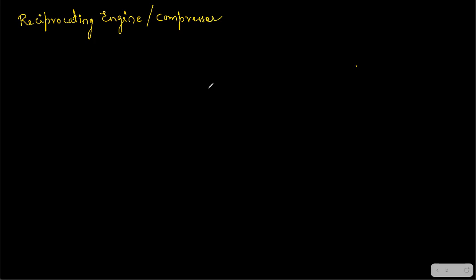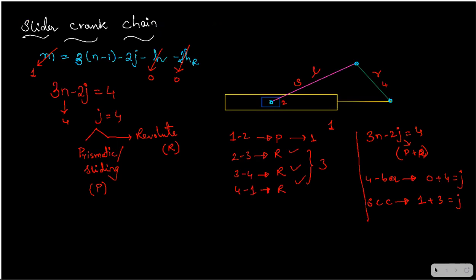Okay, so what do we do now? Earlier we called it a chain. You can just check, it is a kinematic chain. It says slider crank chain. Why did I call it chain? Because I did not fix any link here. All the links are free to move, right? That's why we call it a slider crank chain, because it has a slider and it has a crank. R rotates for 360 degrees, right?